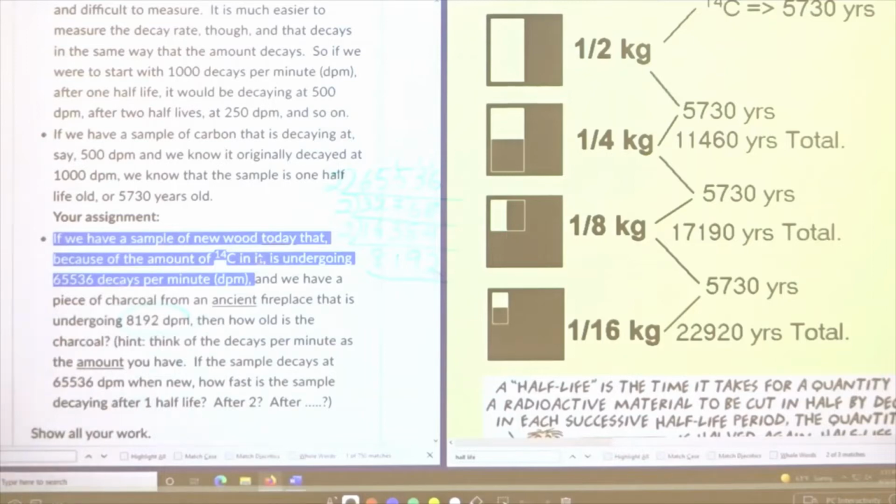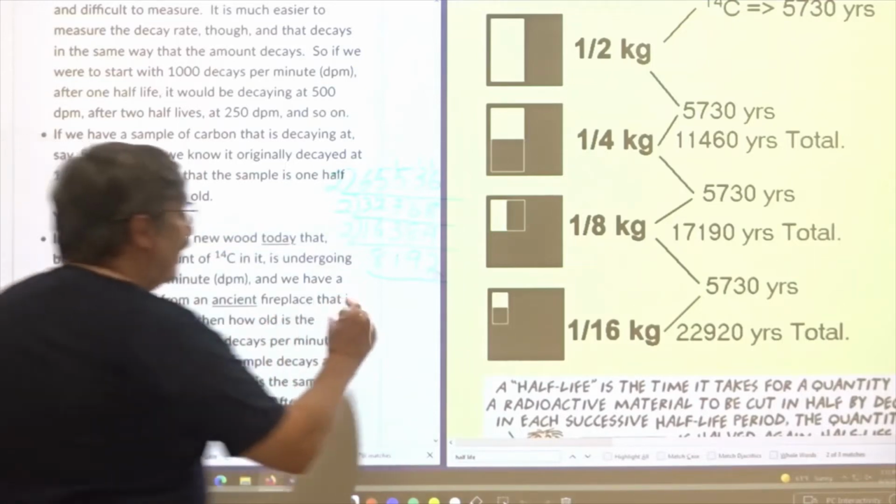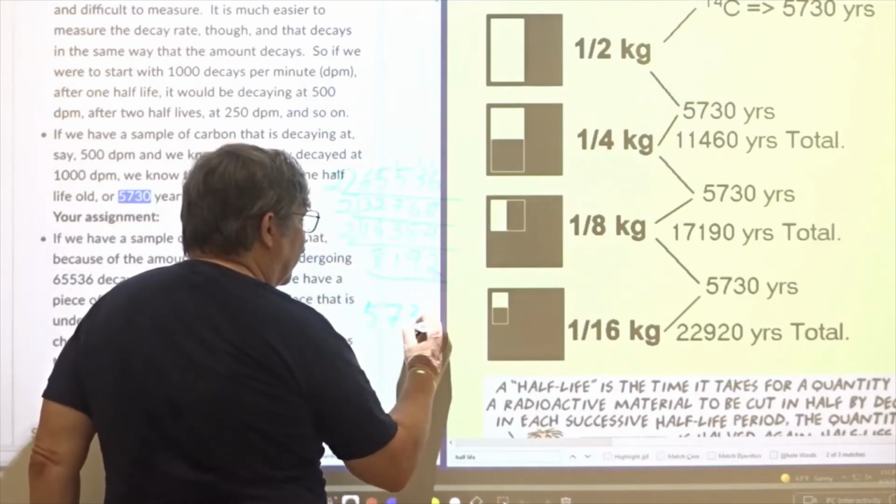Okay? How many half-lives have gone by in that amount of time? Well, we've divided by 2 3 times, so we have had 3 half-lives go by. So how old is the sample? Well, you could say it's 3 half-lives, but I want to know how old it is in years. And since we know that the half-life of carbon-14 is 5,730 years,